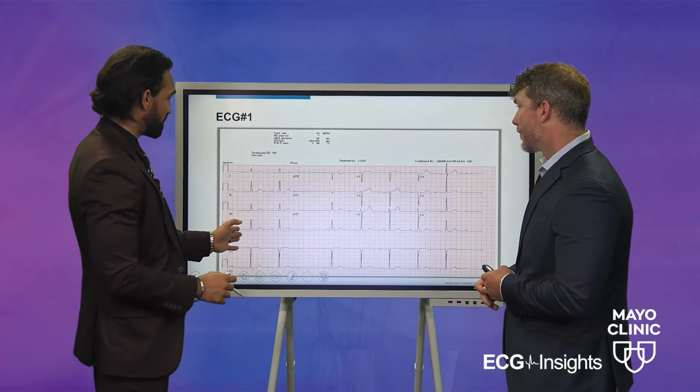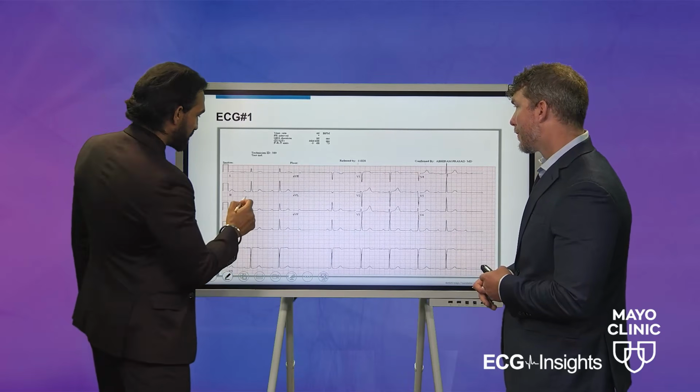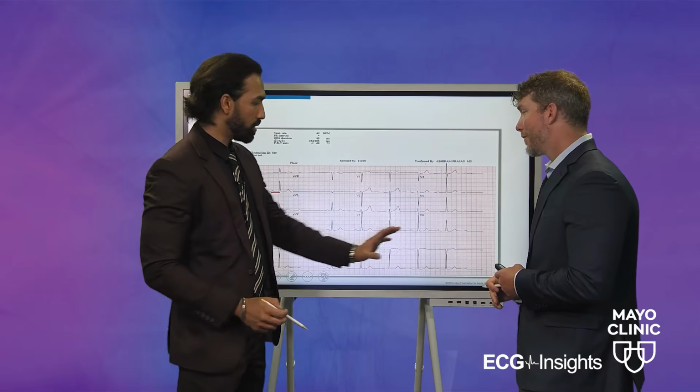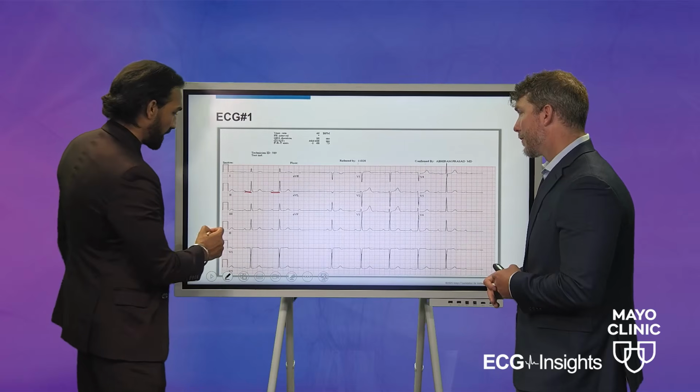You start out with a sinus beat, then the PR interval is a little long. Anything more than 200 milliseconds would be a first degree AV block. It's sort of getting there. It gets a little longer maybe on the second beat, and then you have a drop. When you have multiple leads here, and you're looking at a longitudinal version of what's happening, it's important to look at the rhythm strips.